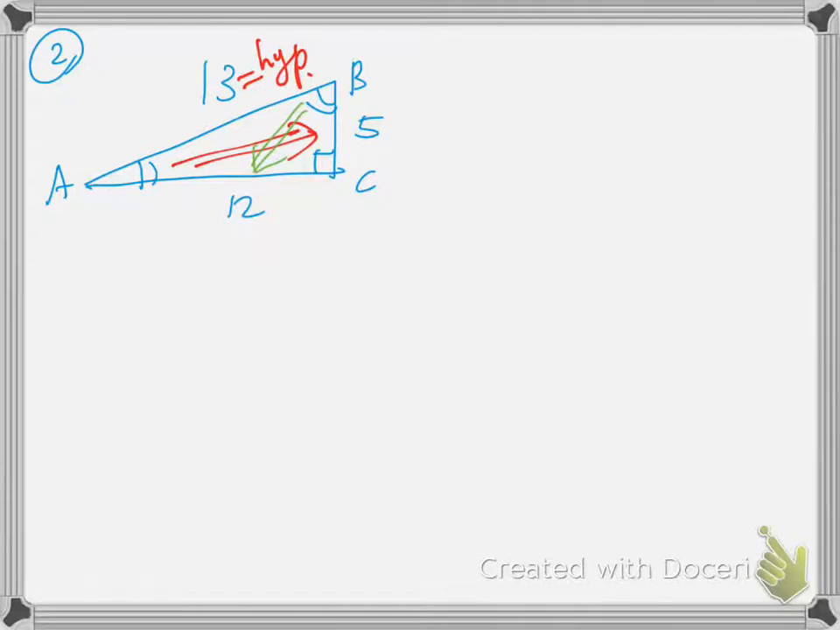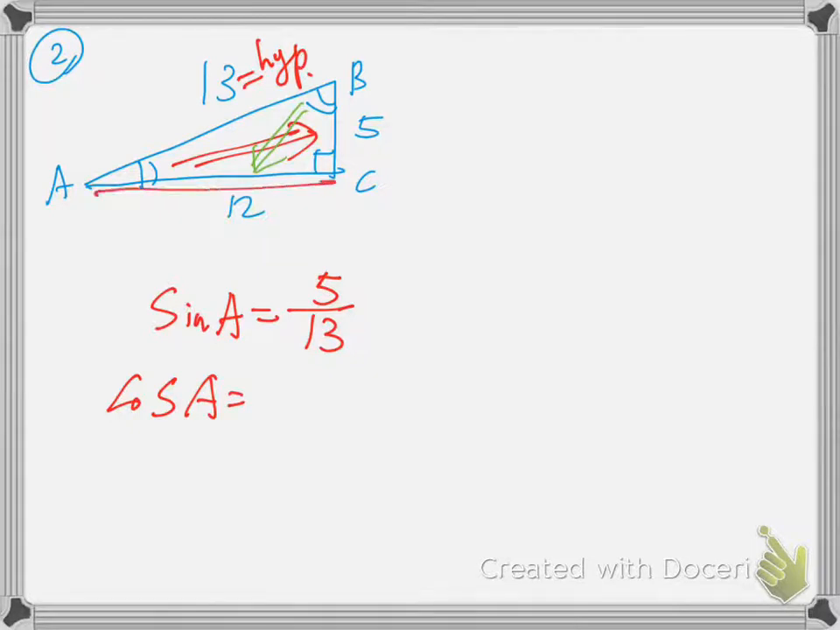So now let's talk about A first. Sine A, opposite over hypotenuse, so it's 5 over 13. Cosine A is adjacent side of A over hypotenuse, so it's 12 over 13. And tangent A is opposite over adjacent, so it's 5 over 12. So for angle B,